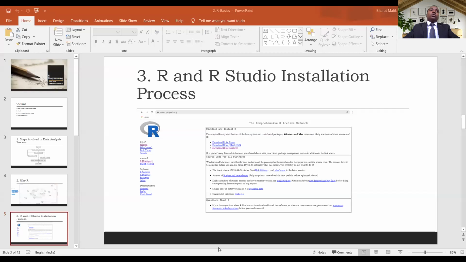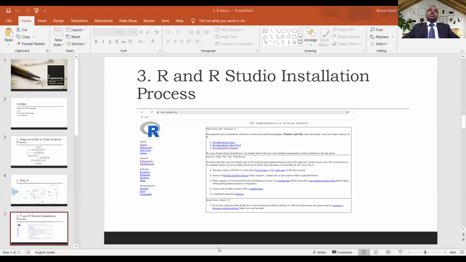So let's go to our website. This is cran.r-project.org. You just click here, download for Windows, because I am using Windows. You can also choose Linux or Mac as per your operating system.